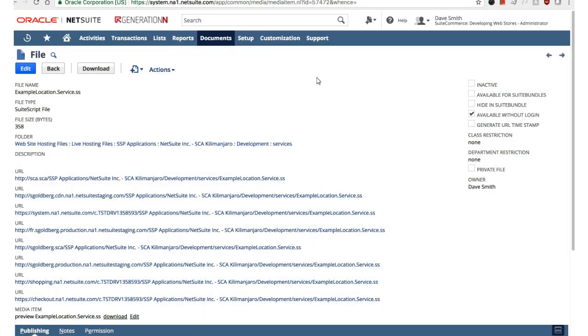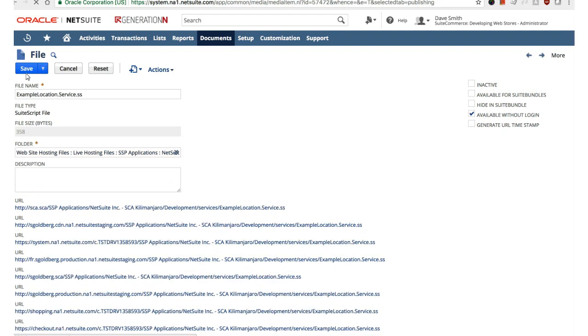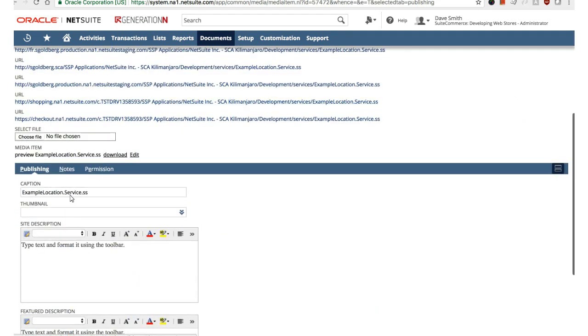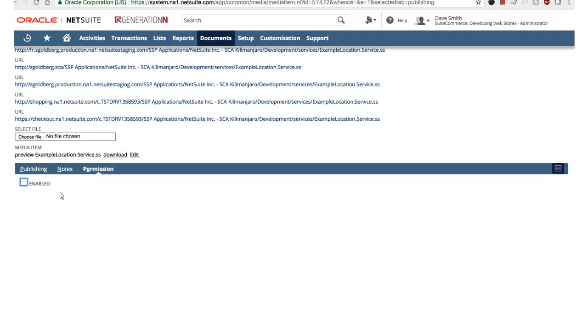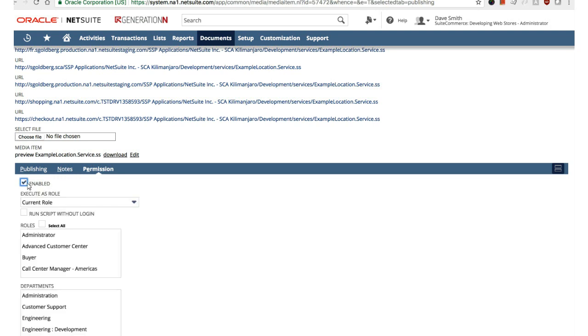We can look up the service file that we're using to request this data, and we can elevate permissions. So if we edit it, and then scroll down to the permissions, we can see that we have the enabled box here. So if we enable it, we can now decide how we want to execute